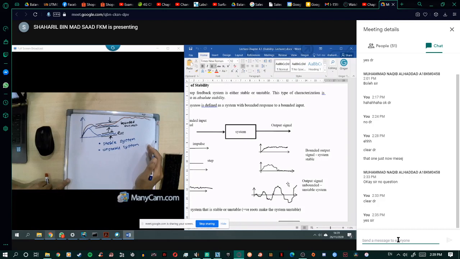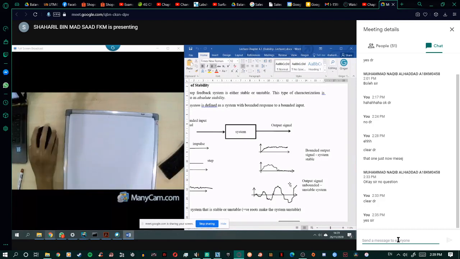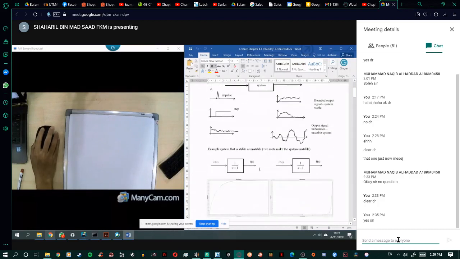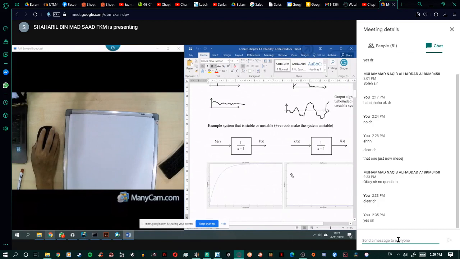Okay, if it is not stable, it will be a big mistake. That's why we're going to check. By default, for a system that is stable or unstable, when we look at the root, a positive root will make the system unstable. For example, this one,